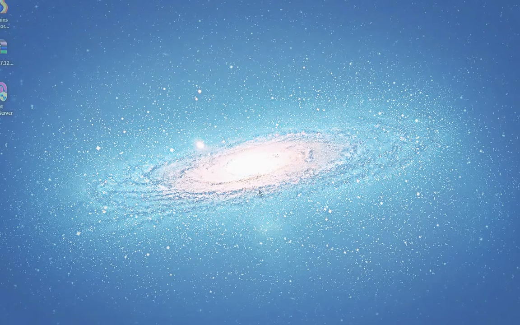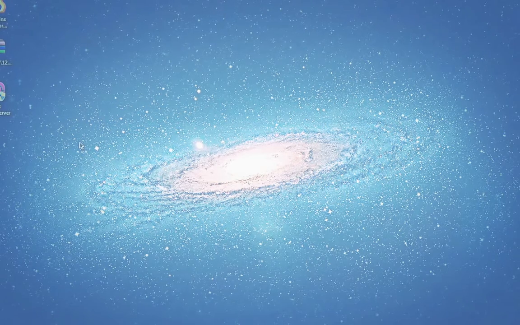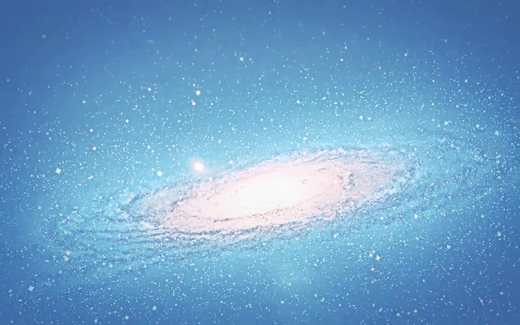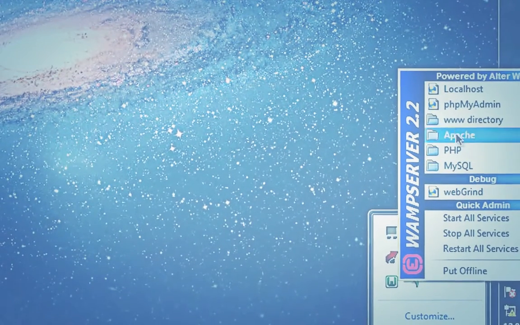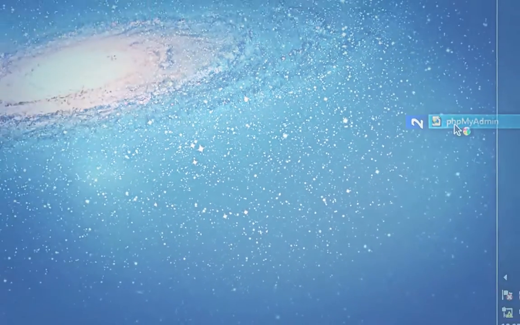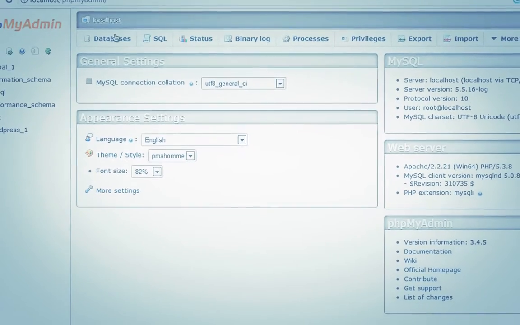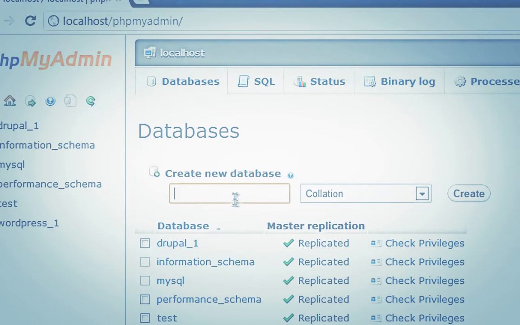To install Drupal 7.12, or any Drupal as a matter of fact, you need to create a database first. So for that you have to start your Wampserver. Go to your tray and click on the Wampserver icon, then click on phpMyAdmin. Your default browser will open and phpMyAdmin will get loaded. Then click on databases, create a new database. I'll call my Drupal database